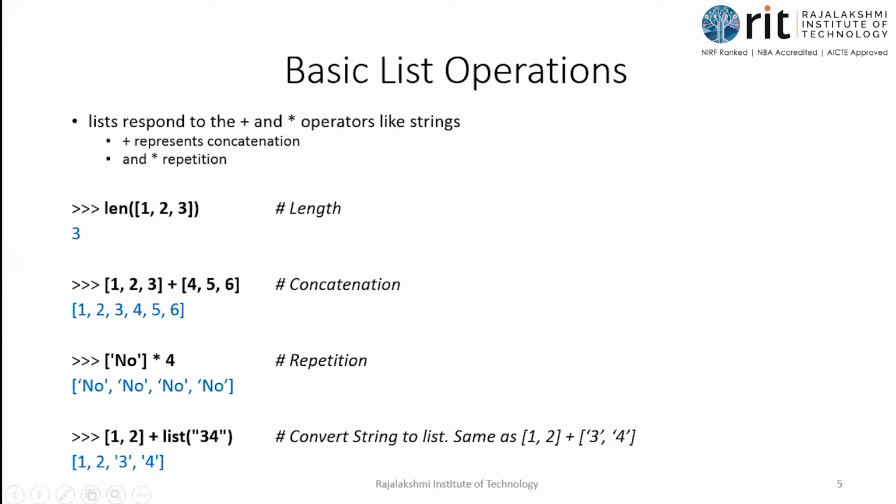So when you look at the repetition operation, it is given as 'no' star 4. So what is the answer you get? No, no, no, no. We have a comma here because I have only one element in the list. Into 4. So 4 times means it should be repeated 4 times, isn't it? So the string is repeated 4 times, and we have 4 values in the output list. If you have 'yes', it will be yes, yes, yes, yes. So it is a repetition, so you can have any value you want. I've just given you one simple example.